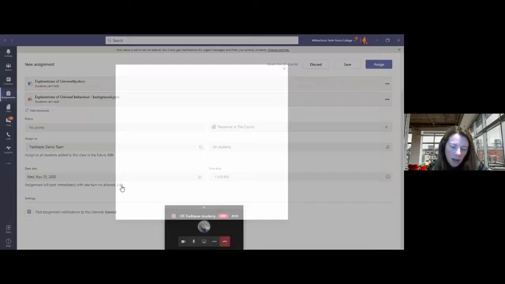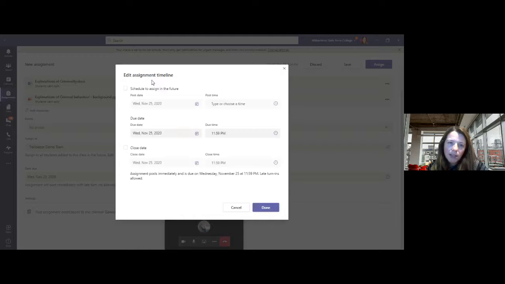You can now also schedule your assignment to assign in the future. Lois was talking about setting up assignments if you've got a bit of time, because obviously we all have a lot of time free, but if you did have a little bit of time and you've created an assignment, you can either save it in the save box up here, or you can schedule it to assign in the future. So if you know that you're going to set it on tomorrow's lesson, but you're going to plan it tonight.